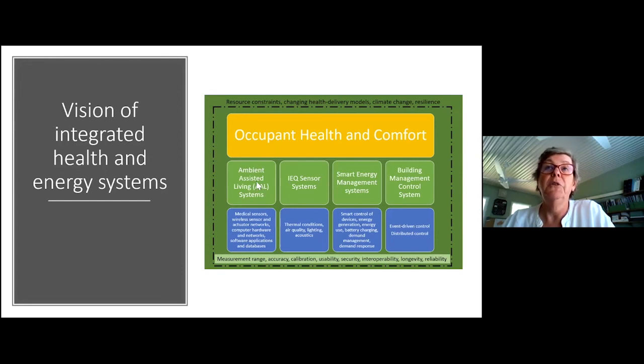So within the medical field, there's ambient assisted living systems, a lot of medical sensors, wireless sensors and networks, and software applications. So, for example, doctors can dial in, we've had telehealth, but they can dial in and then see what are the ambient living temperatures in the patient's home, for example, and might that be exacerbating the